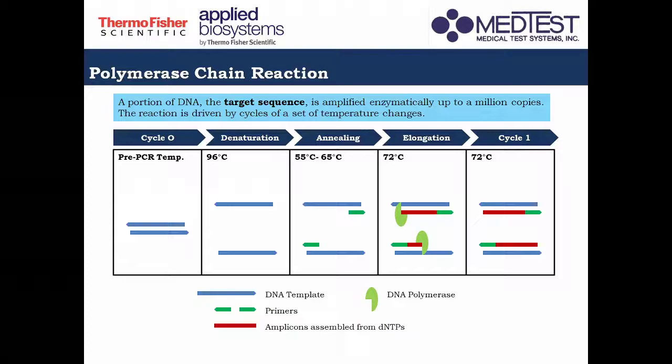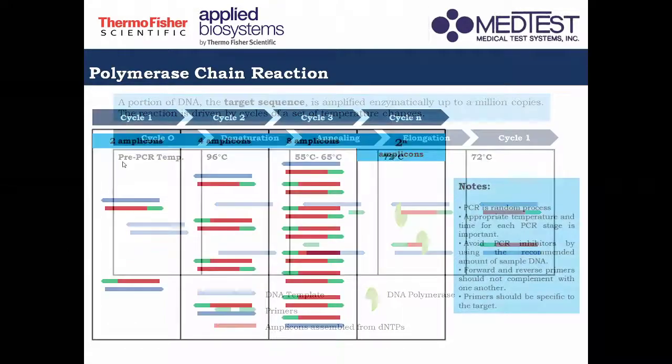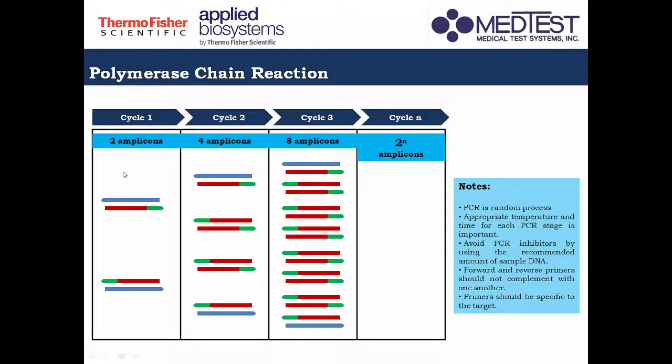Now, in order for you to get up to thousands or millions of copies of this DNA template, also increase the number of cycles for the PCR. So for example, in cycle 1, if you use the PCR technique with only one cycle,